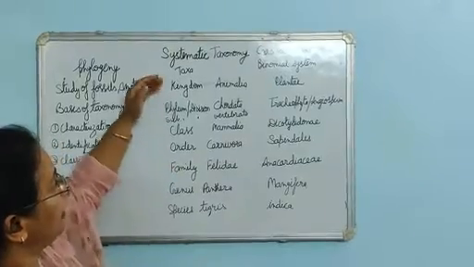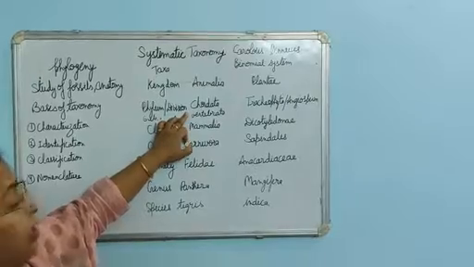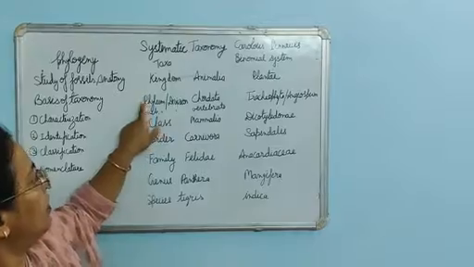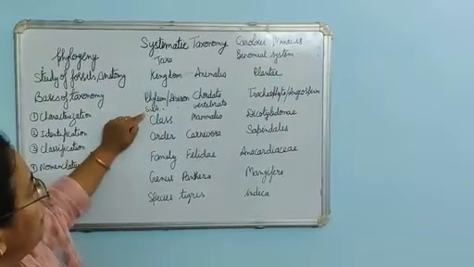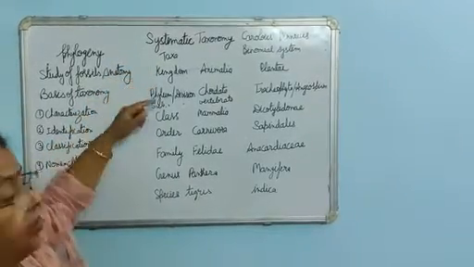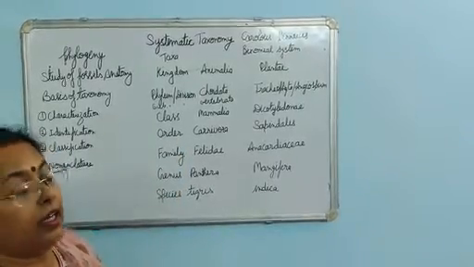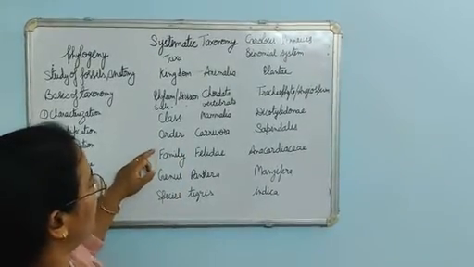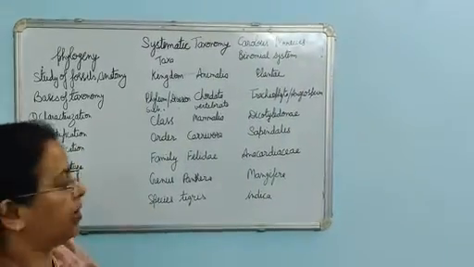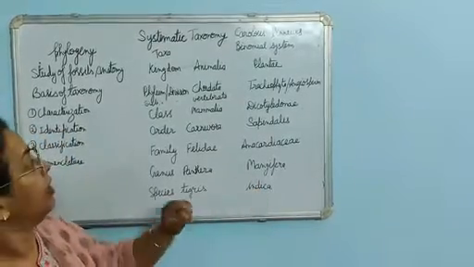So these are the different levels: kingdom, phylum. In the case of animals we use phylum, and in the case of plants we use division instead of phylum. They are further divided into subphylum, subdivision, subclass or superclass, but here we are going to study the main taxa. Then class, order, family, genus and species. These are the different taxa. I am explaining with the help of first an animal and then a plant.